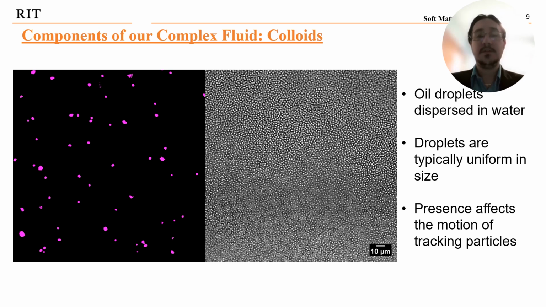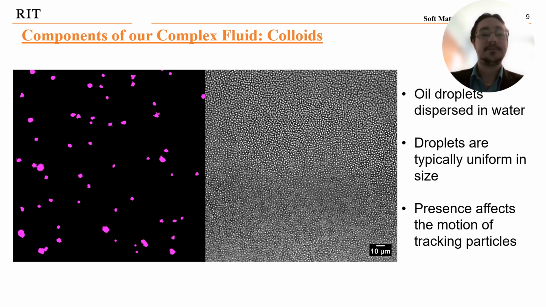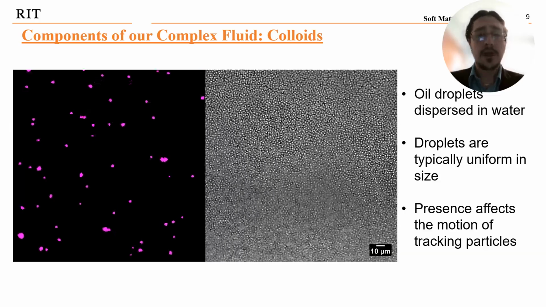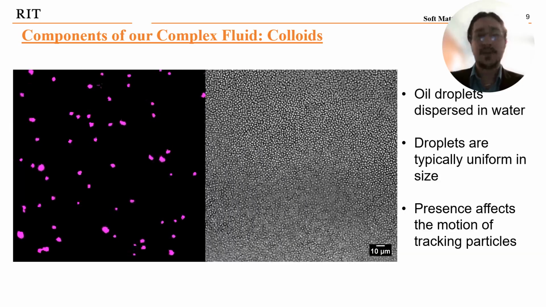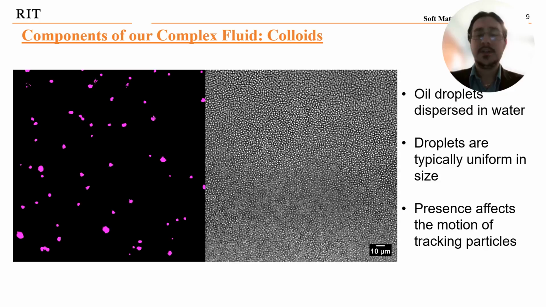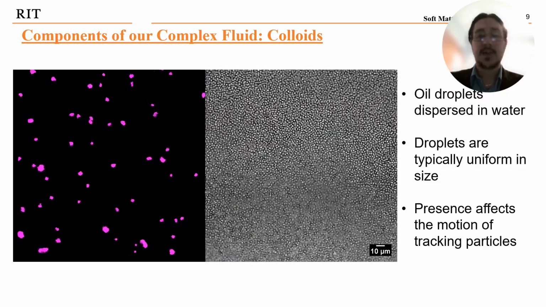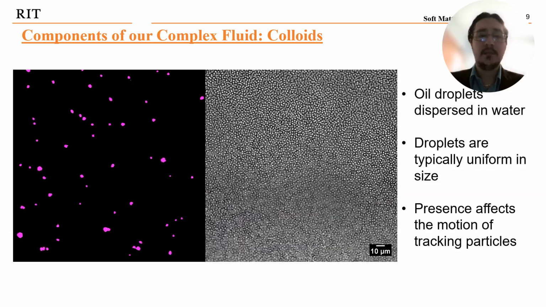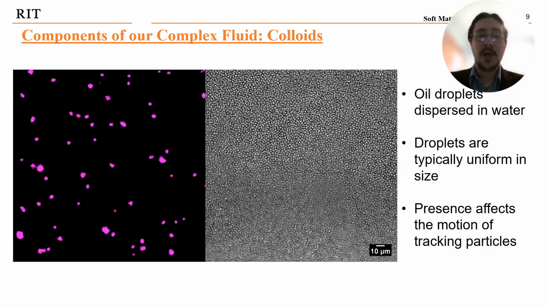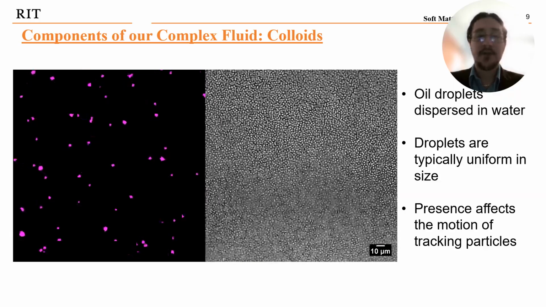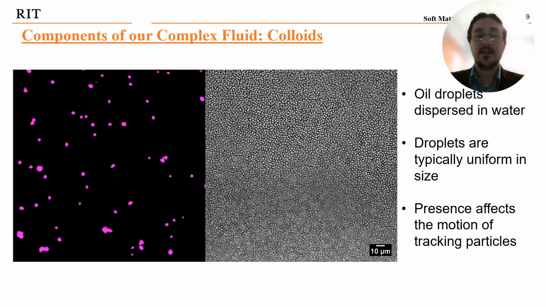Now we can move on to the second component of our complex fluid, which are colloids. Our colloids are basically oil droplets that are dispersed in water. These droplets are usually monodisperse, which means that they are uniform in size. In our medium, now we have water, we have the tracking particles you see on the left, and these colloidal